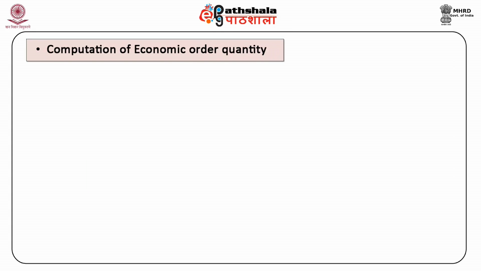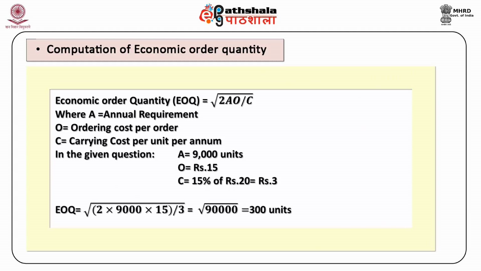1. Computation of economic order quantity. EOQ is equal to under root 2AO divided by C, where A is equal to annual requirement, O is ordering cost per order, C is carrying cost per unit per annum. In the given question, A is 9000, O is 15, C is 15% of rupees 20, which is equal to 3. So EOQ in this case comes to under root 2 into 9000 into 15 divided by 3, which is equal